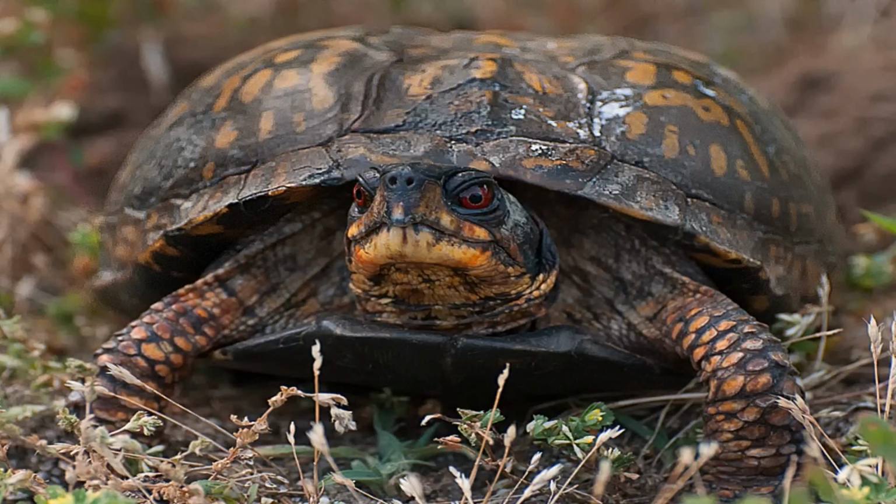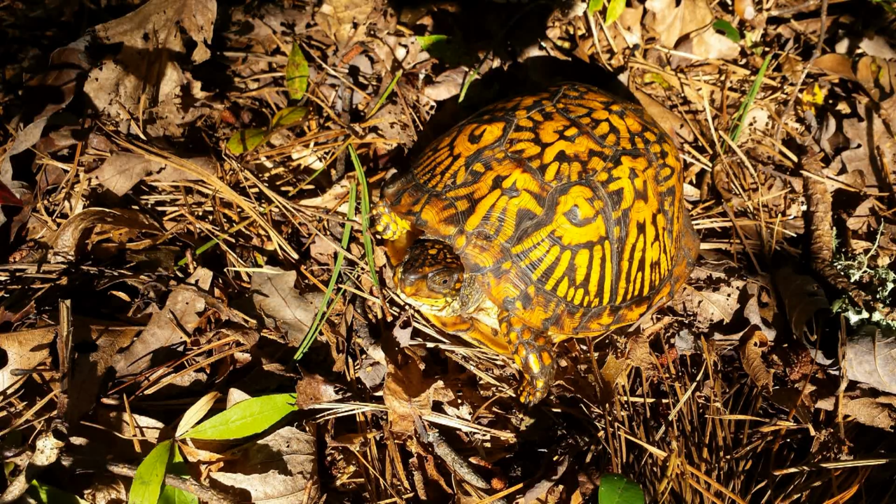Oh, the box turtle. Box turtle, yeah. Look at that photo right there. That's taken by one of our volunteer photographers, Janet DiMattia. And the box turtle is a rare species in Massachusetts, called a species of special concern, and has really suffered over the years because of habitat loss primarily. But this time of year...